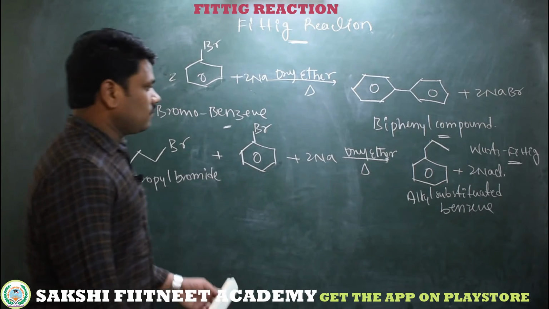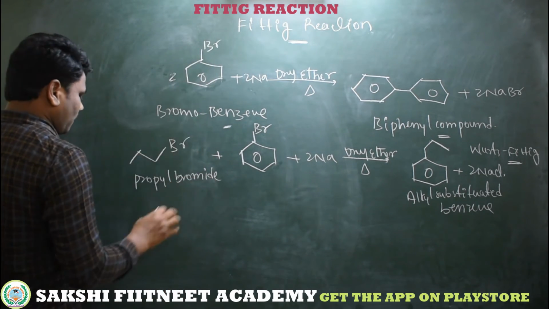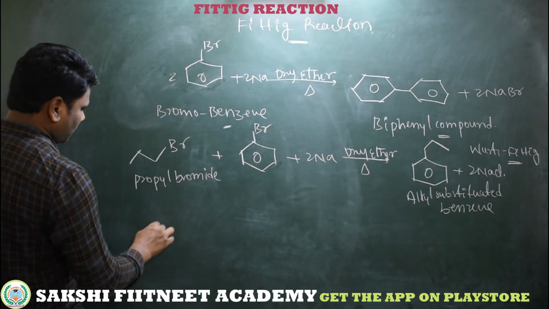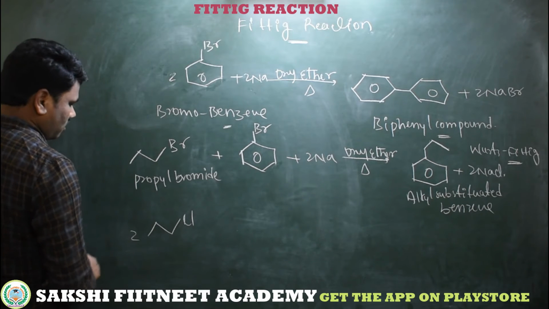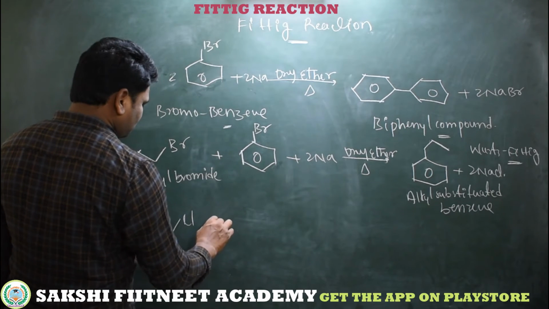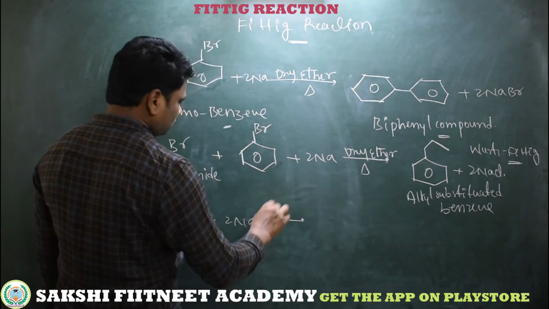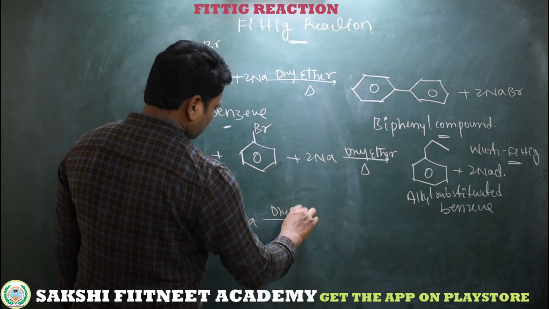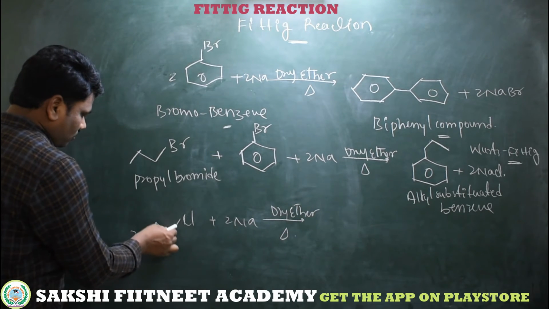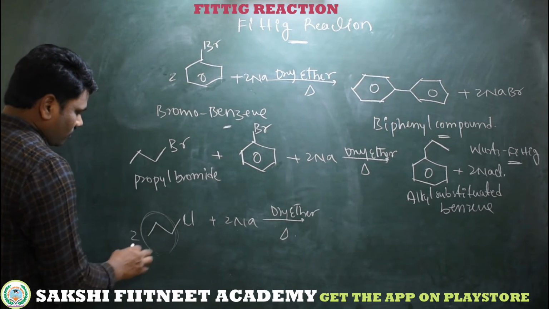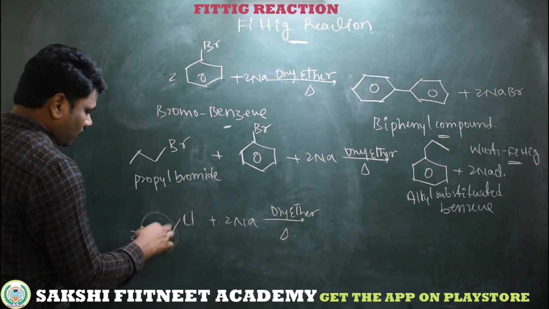So what about Wurtz reaction? Simply here both the alkyl halides are aliphatic. So simply here I am taking 2 moles of propyl chloride with sodium metal in dry ether solvent. Upon heating we are getting a product which is fused, that is a coupled product between this propyl and the other propyl.